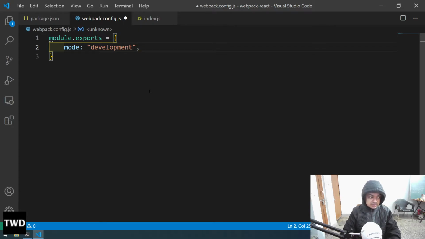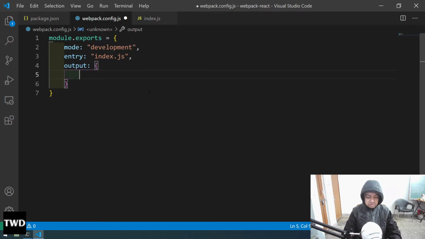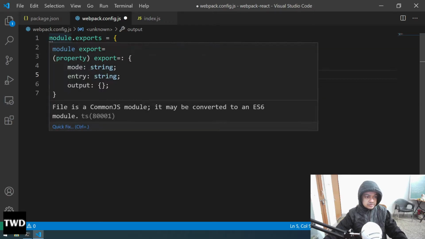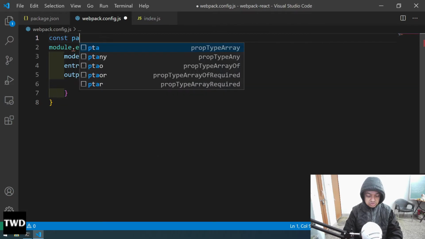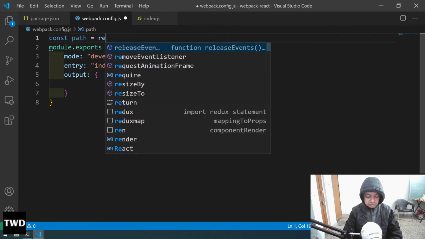Then the entry is index.js. So we're telling webpack that the mode is development and the entry is index.js. And what is the output? For output we need to have the exact path, which is known as an absolute path also. So we have to go here and use something which is given to us by Node,